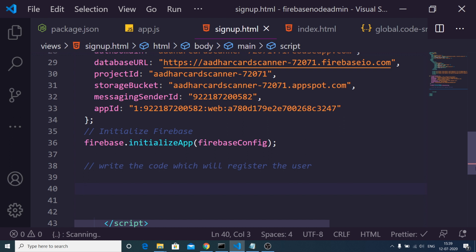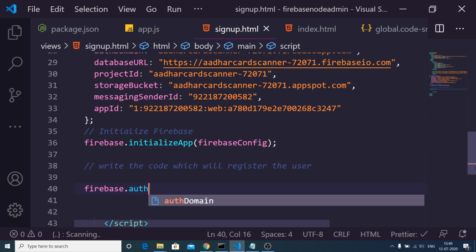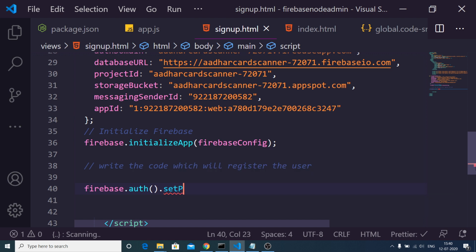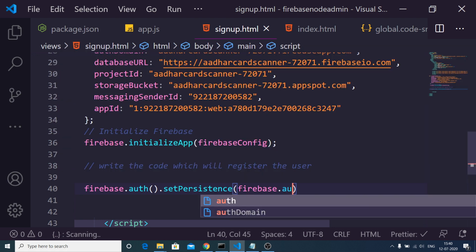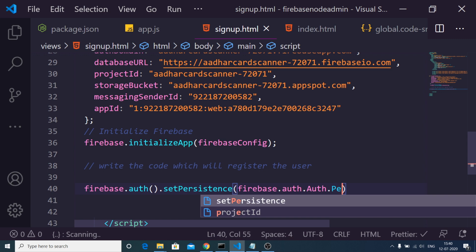In order to do so, first of all we need to write this line which will be firebase.auth, and after this we need to call this method which is setPersistence, and inside this method we just need to pass firebase.auth.Auth.Persistence